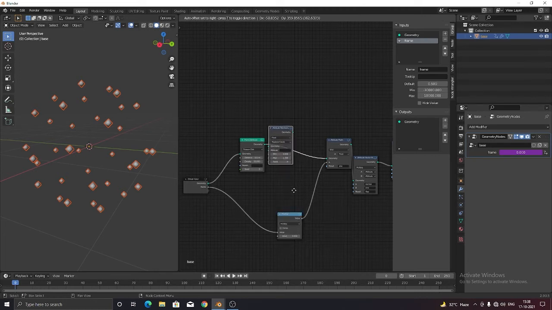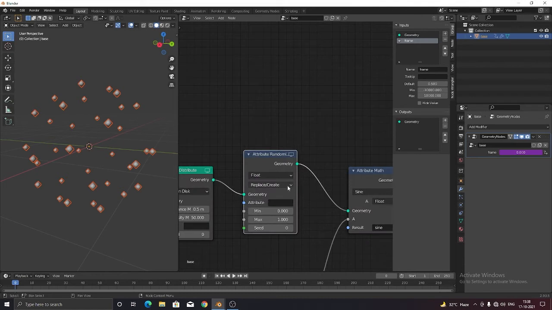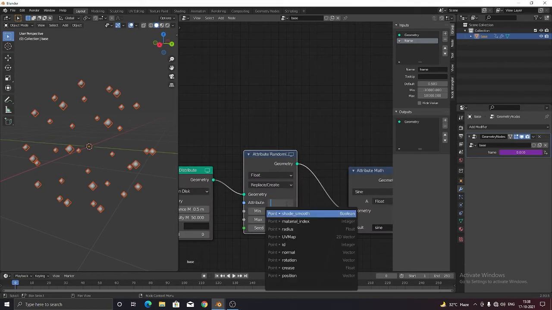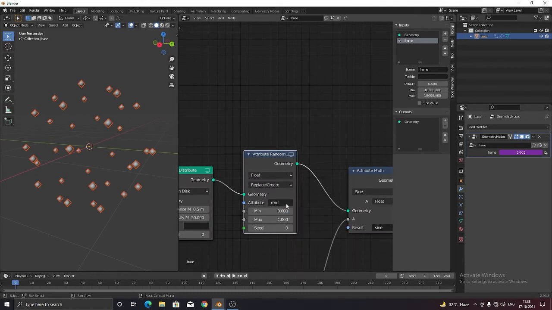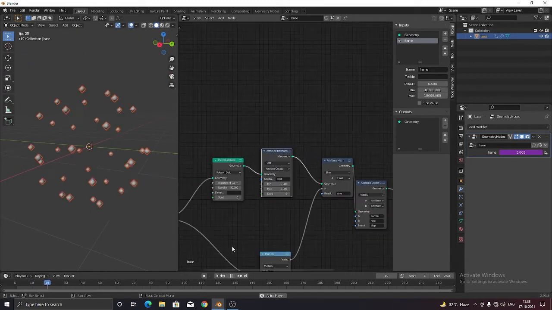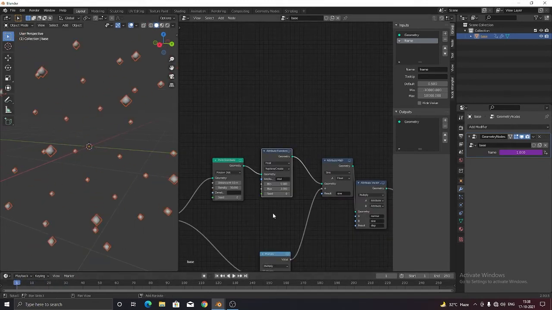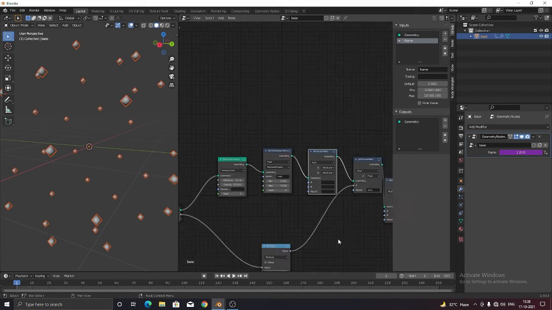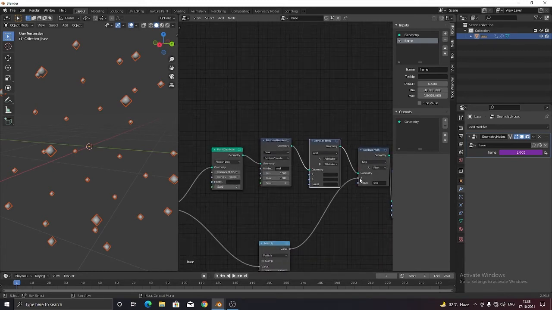Just click here, RMD, randomize, and change the max value to 3. Now you can see nothing is happening. So what we do now, create another attribute math node right after here, and connect this A value to this.